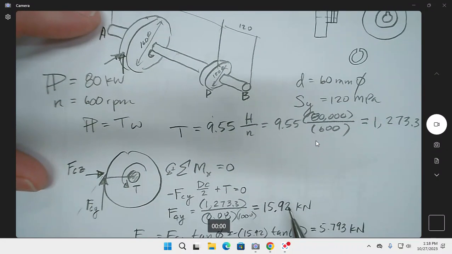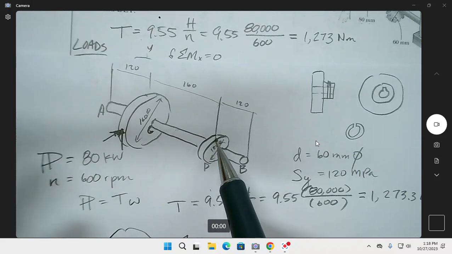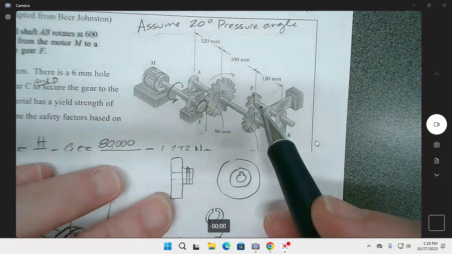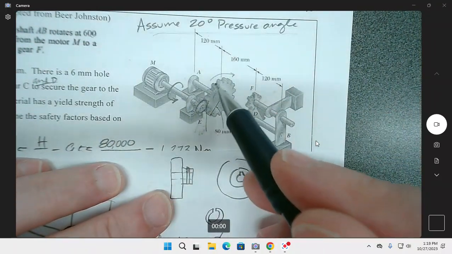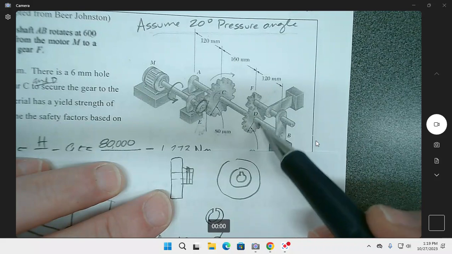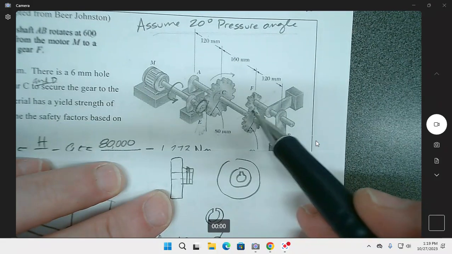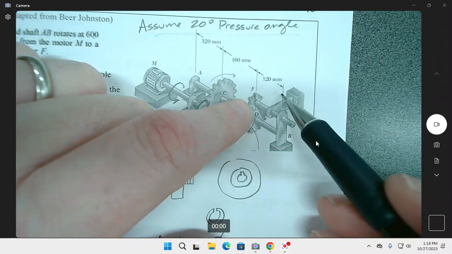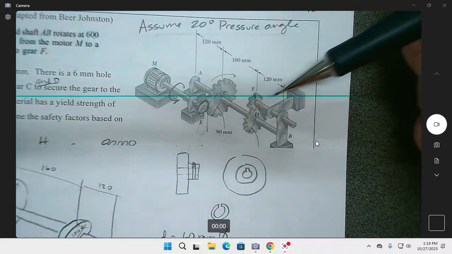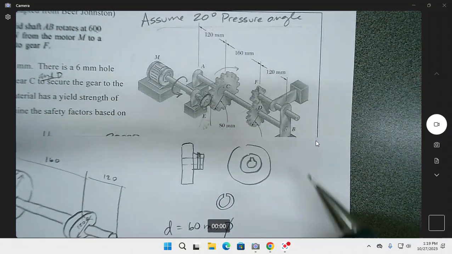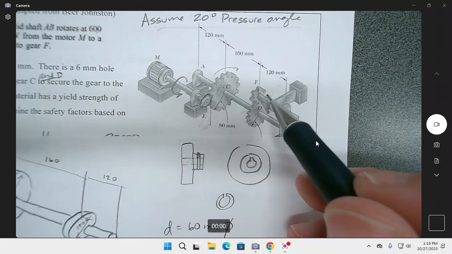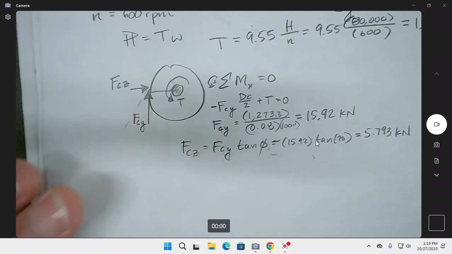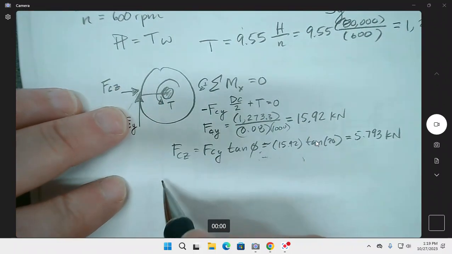So now we need to find out what the loads on the other gear are going to be. So this thing has an arrangement so that this gear is going that way, so this gear is also going that way. So this gear is pushing that direction onto here. Therefore, that gear is pushing that direction onto this gear. But we really just want to know the arrangement, that this one is on top of that one. So it's going to look like, when we put both gears in place,